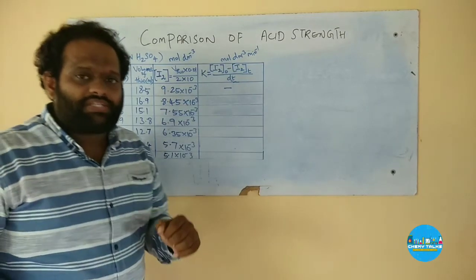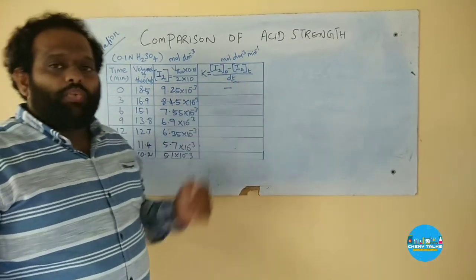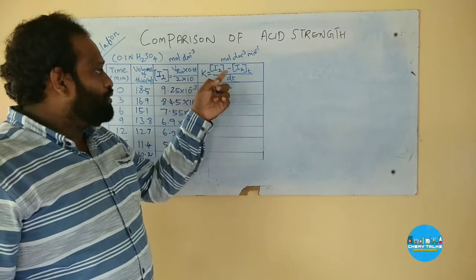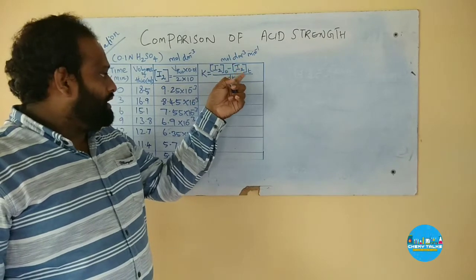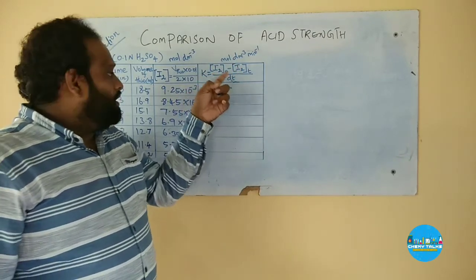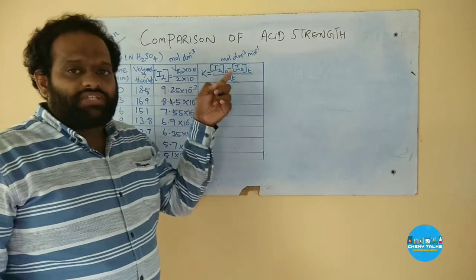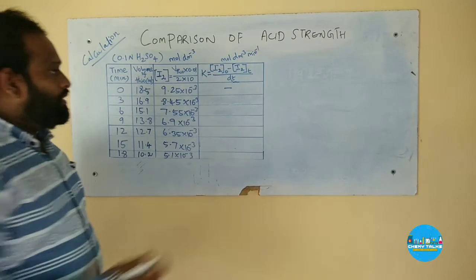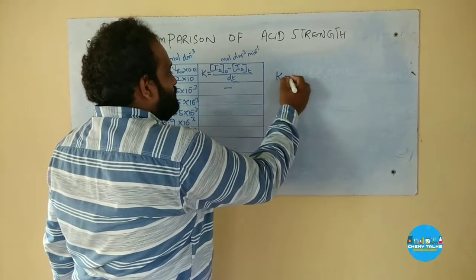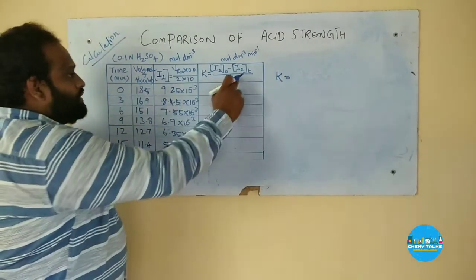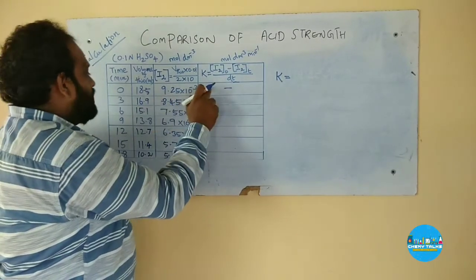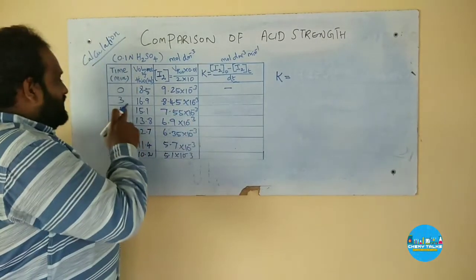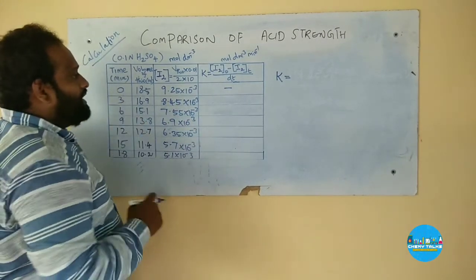From the value of the initial concentration of iodine and the concentration of iodine at different time intervals, we can calculate the rate constant of the reaction using the formula K is equal to I2 naught minus I2 t, the concentration of iodine at the initial minus the concentration of iodine at the various time interval, divided by dt at the varying time. At the initial time there is no time difference, so we could not calculate for this volume of thio, 18.5. For the time interval of 3 minutes, we can calculate